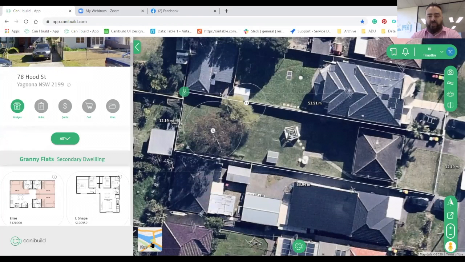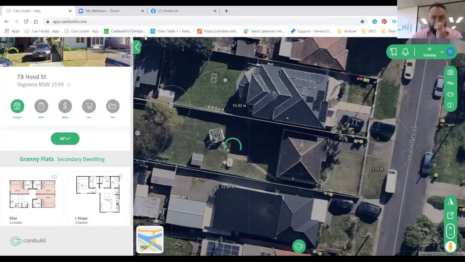So let's just switch back to the aerial view. Now, in this view, you're able to automatically see the contours over the site. On the right-hand side, you've got these instruments where you can take screenshots, contours, as well as hide some details and flip the designs. So for example, if I click on contours,